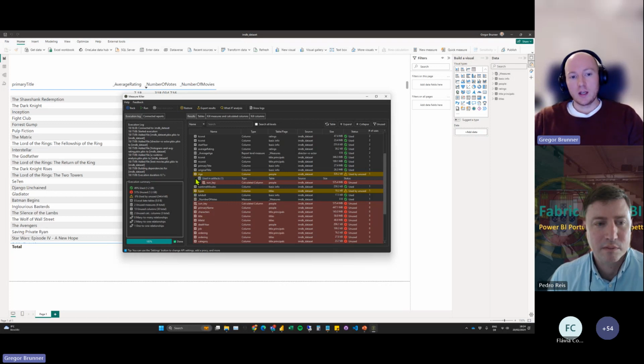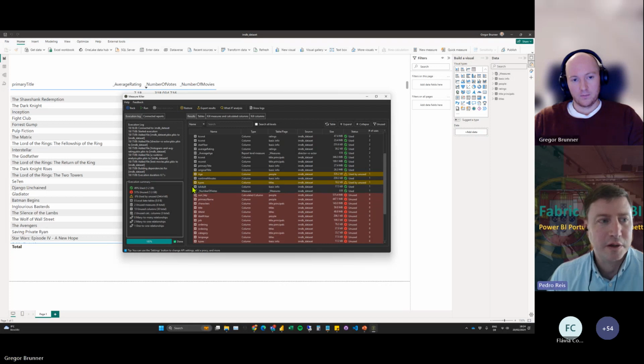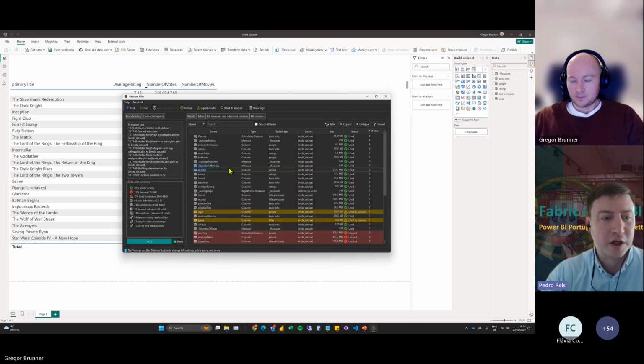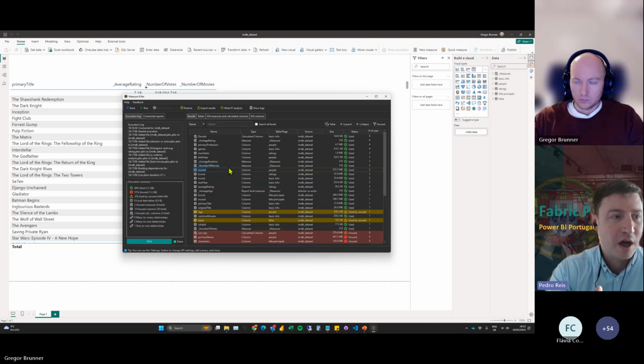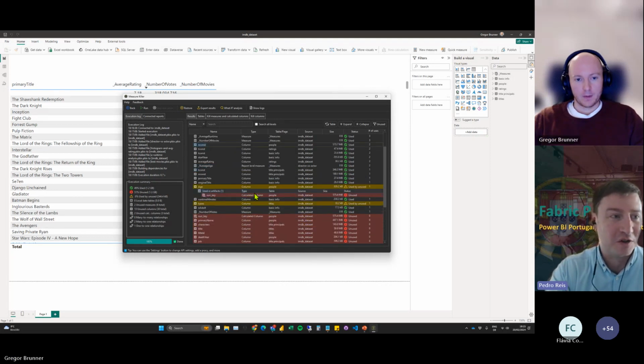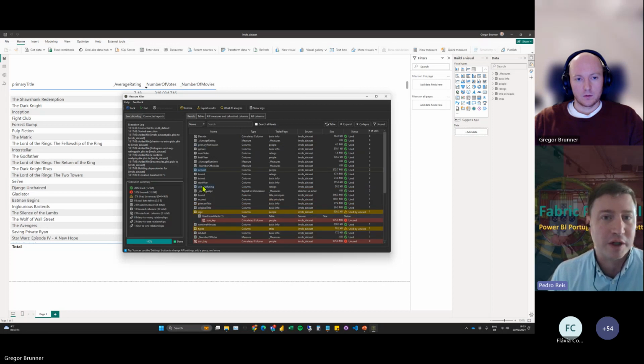So this is used only in the model, actually, but other stuff is used, for example, in visuals, like we saw before, right? The example would be, for instance, you create a calculated column, which is the age, and then you would create a measure, which is the average age. The average age is not used on any report. This means that the average age can be removed and the age column can also be removed, right?